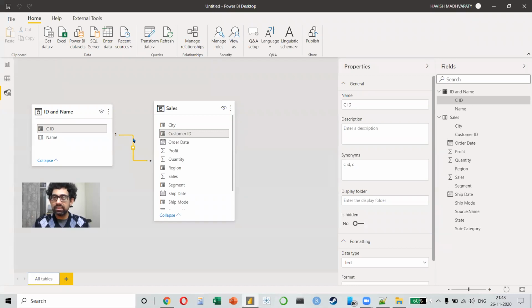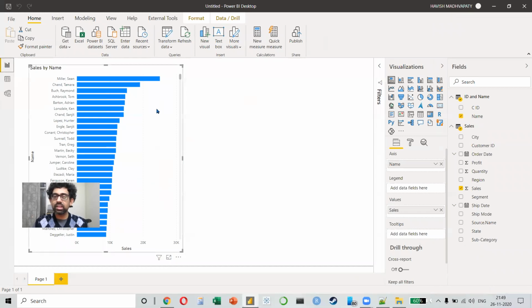Now, in Excel, if I had done this, we would have done VLOOKUP, index match, formulas, all that. Now we have just created a relationship like this. And remember, this is not a relationship between one Excel and one Excel. It's actually a relationship between one Excel and four Excel files because my sales is actually, in fact, 4 files, 13, 14, 15, 16. And now when I go back to my report, you notice it works. So despite the fact that we did not write any formulas whatsoever, we have managed to connect 5 different Excel files together.